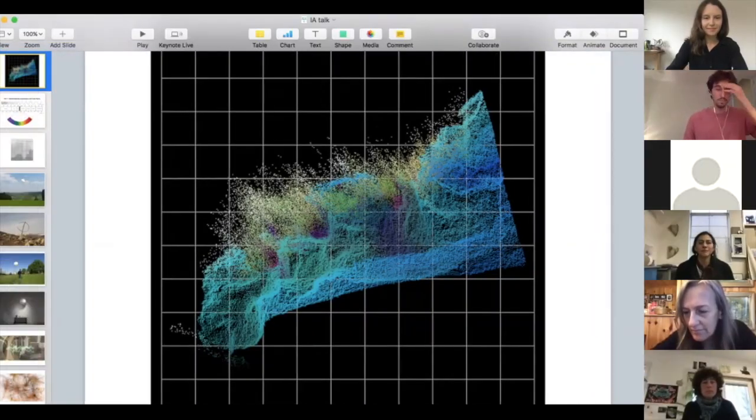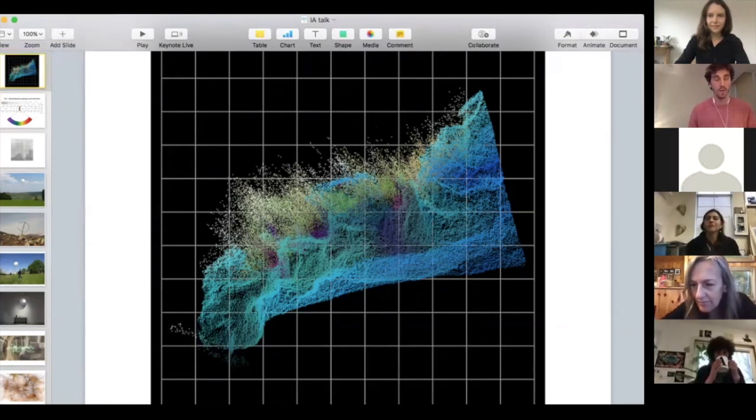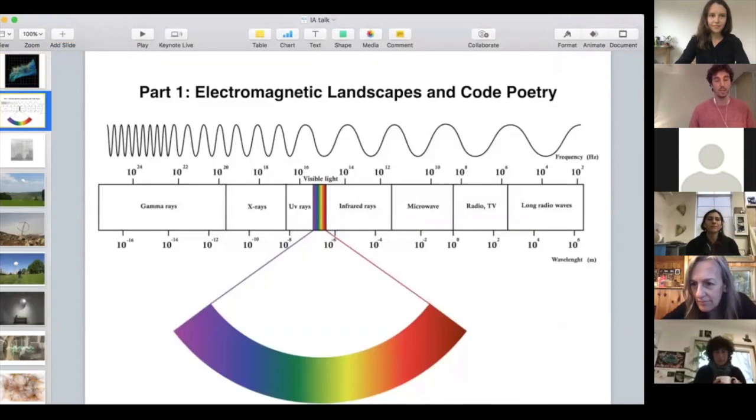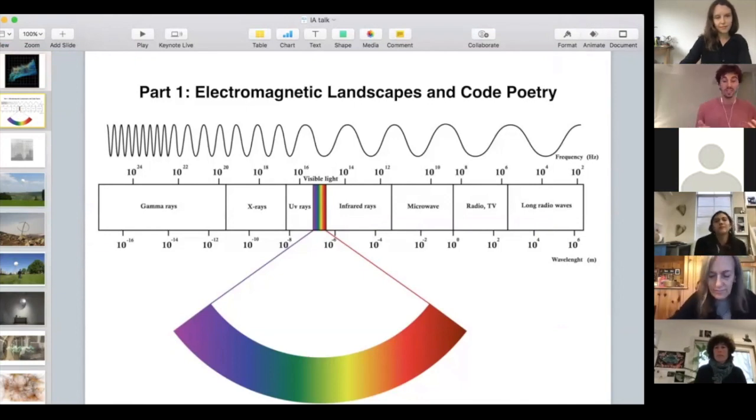Okay, so the talk today is going to be split into 2 parts, as I was just saying before. I'm going to start off by talking about my older work in this section called Code Poetry and Electromagnetic Landscapes. So a really early and still ongoing exploration for me was working with this area of the radio spectrum called very low frequency. And very low frequency radio is basically ionospheric activity. So the northern lights, lightning, it's basically things produced in the Earth's magnetic field and by the Earth's magnetic field.